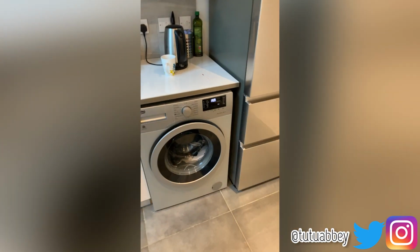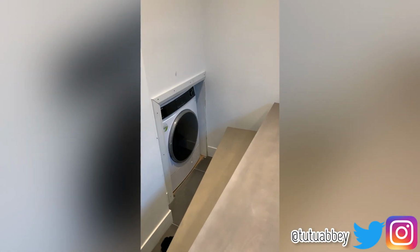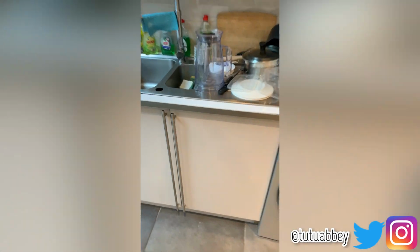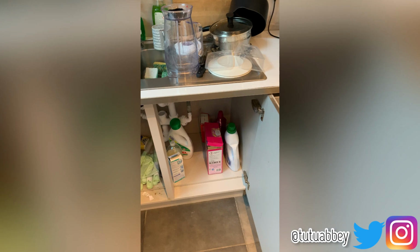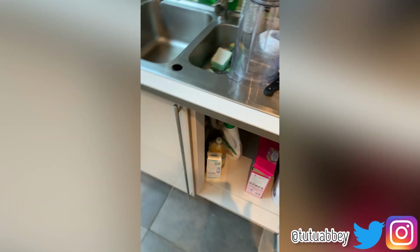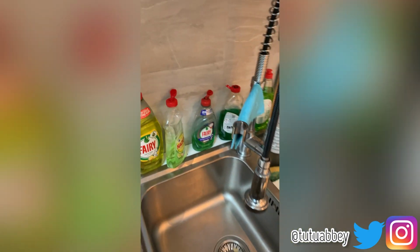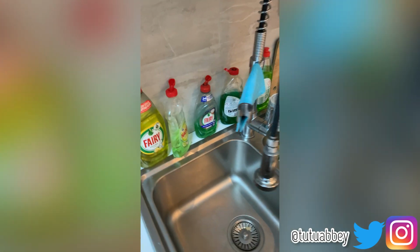We have an electric kettle. Then we have this washing machine. Okay, I think someone is actually washing, but I paused it because I didn't want the noise to interfere. We also have a dryer, because most times the washing machine doesn't dry completely, so we just take it to the dryer. So we just put our stuff here, our bean bags and our detergent and everything laundry related. Because it's actually like 5 rooms here,